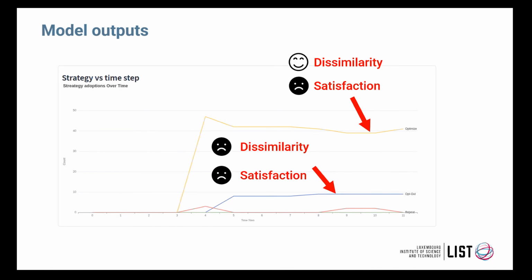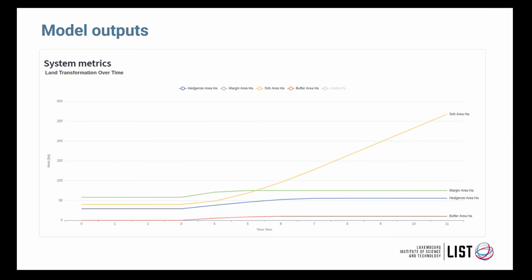On the other hand, if we see the blue line, we can observe that almost 10 farmers decide to leave because they were not satisfied with the income, but also the dissimilarity index exceeded their threshold. So then we can observe how the variation of these different behavioral parameters can also condition the success of the adoption of the actions in addition to the monetary factors. And next one, please. So something that we can also see with the model is the evolution of the implementation